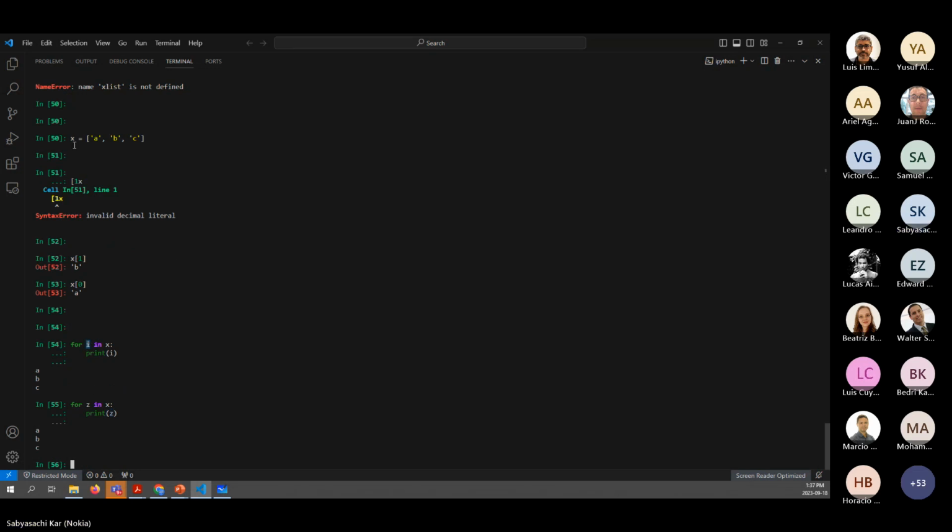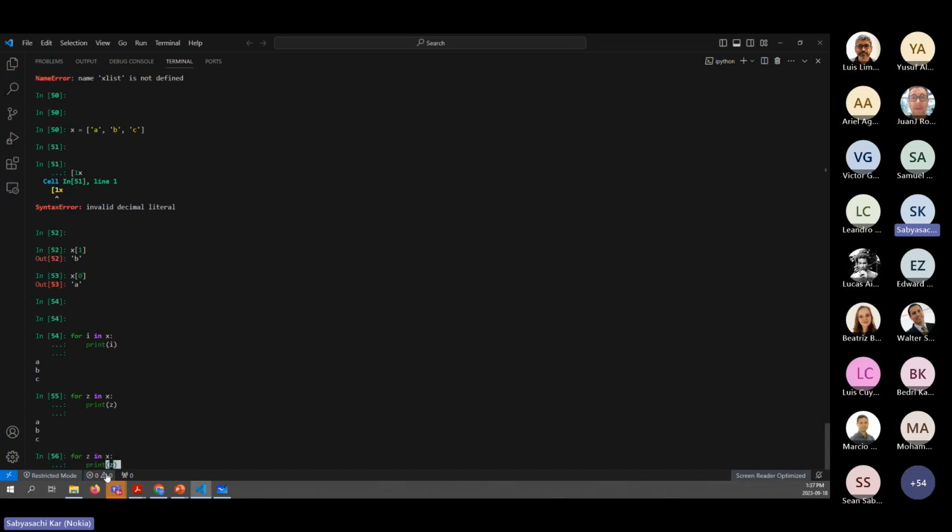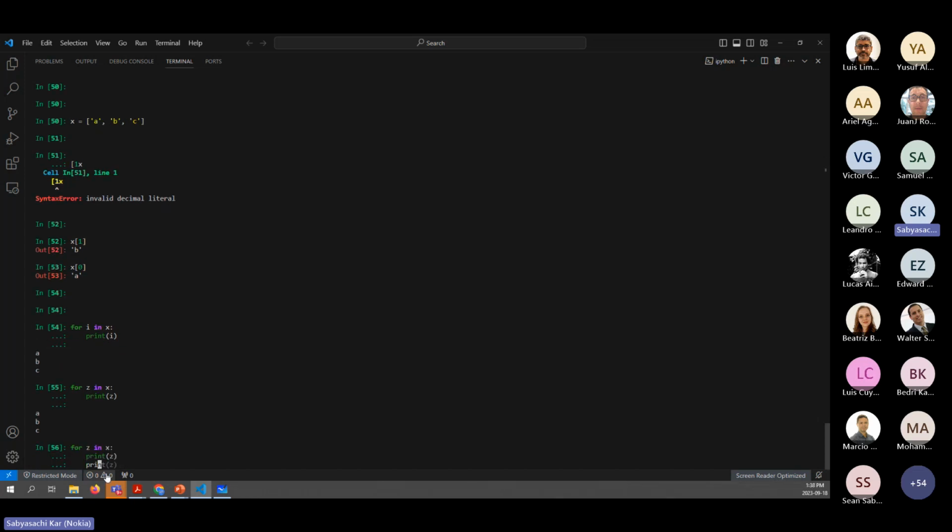It is iterating each and every position of the list. So by that way, what is it doing? It is printing this value. Again, the loop goes back because again, it needs to check. Again, it is printing this value. Again, it goes back. So if I do this, for example, if I put another print statement,